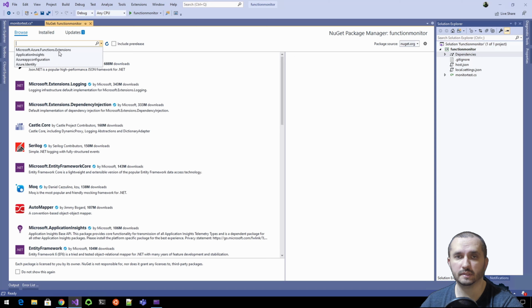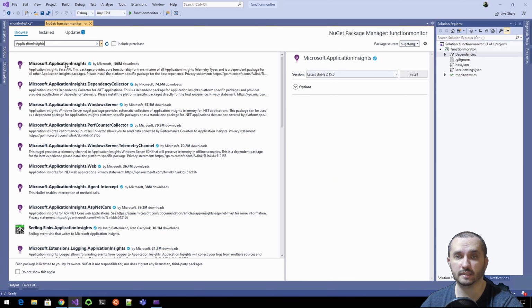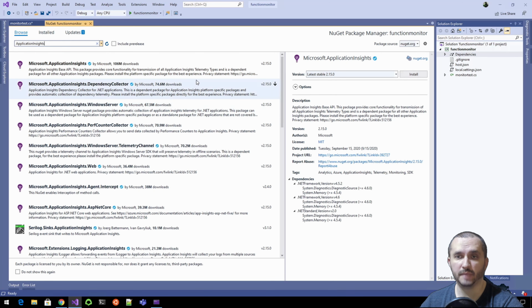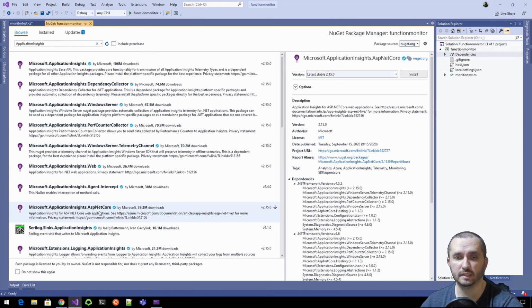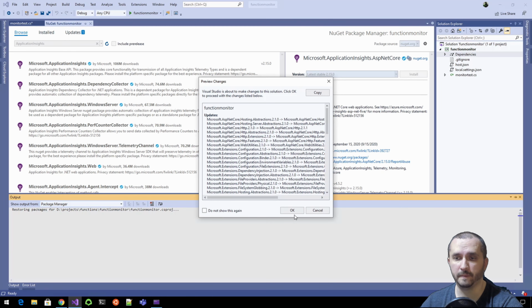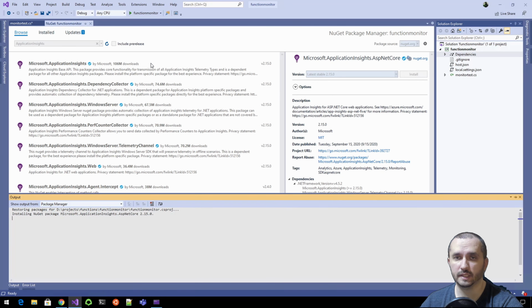And then the other one is going to be the Application Insights itself. Now, the package that I'm going to be using here is going to be the Microsoft Application Insights ASP.NET Core. Depending on how you're trying to integrate your code, you might need to choose different NuGet packages. But for the purposes of this tutorial, I'm going to use this ASP.NET Core NuGet package. And go ahead and accept,